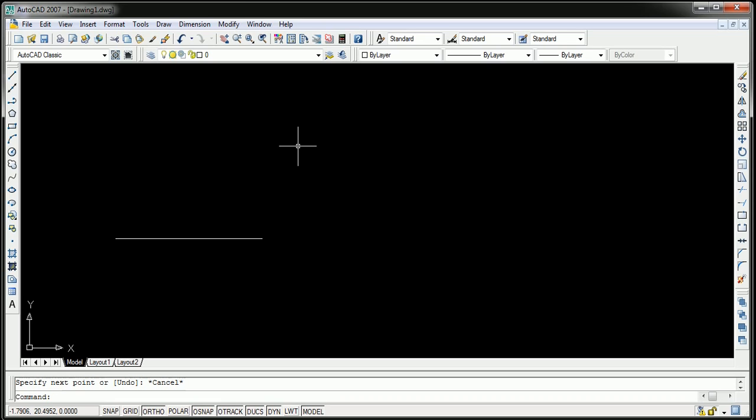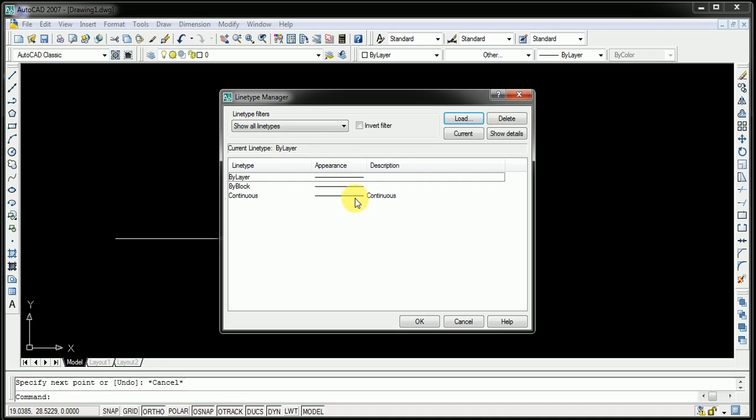So that kind of line we can also draw over here. Suppose you have to show this line as a center line. What you have to do is go over here to the standard toolbar, or just below that, where you find the toolbar showing by layer. In the by layer just click on other, and a new screen appears over here. Now here we only have the continuous line, so you have to load the lines over here. So in the load